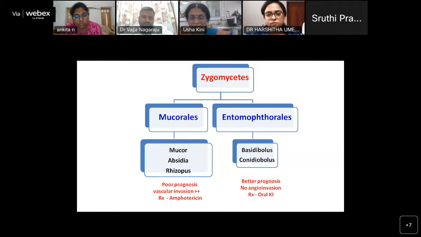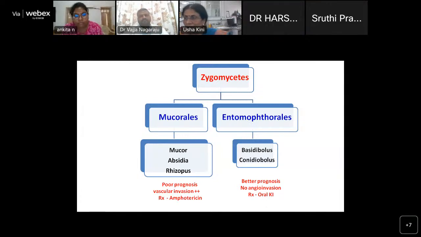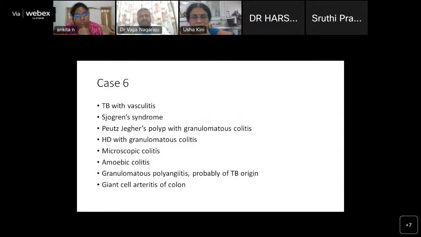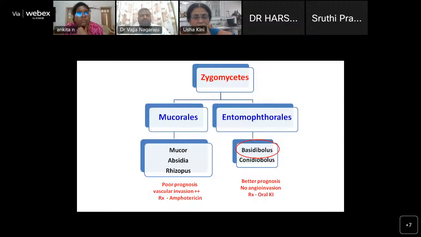And interestingly, they are treated with oral potassium iodide. There is a certain dose that needs to be given, and the patient does very well. Apart from whatever excision is done for a diagnosis, if he's treated with potassium iodide, he'll do very well. Unlike mucor, where you have to give systemic antifungal. So your diagnosis on histopathology and subsequent culturing with the microbiology department would help in getting the right diagnosis in this patient. So the diagnosis here in this case was